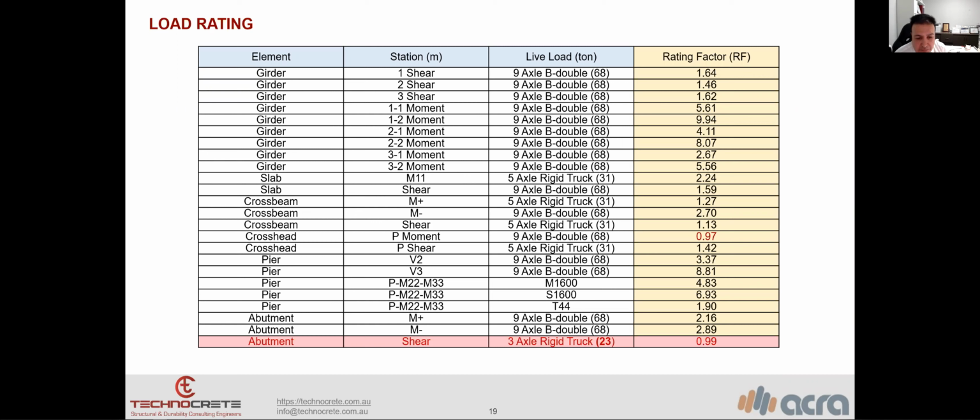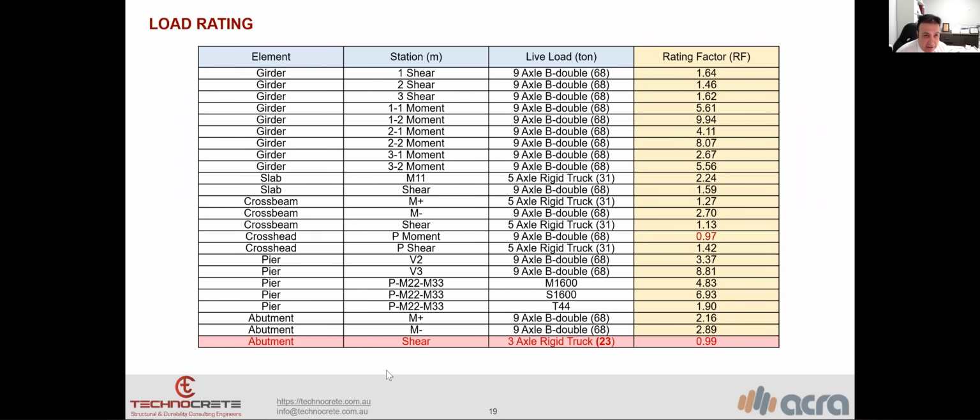Then it means that the capacity of that abutment is less than it has to be for bearing the loading. And that reduction of the rating factor is due to those cracks. You know, those cracks on the abutment which we saw reduce the capacity of the concrete under the different loading. Then the shear rating factor is less than 1, so this abutment has to be strengthened in order to achieve higher loading.